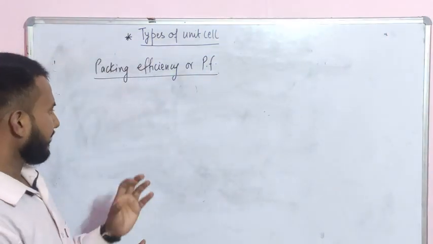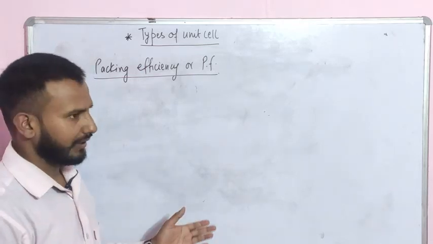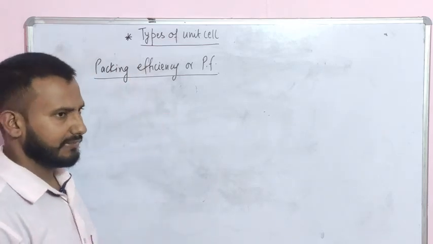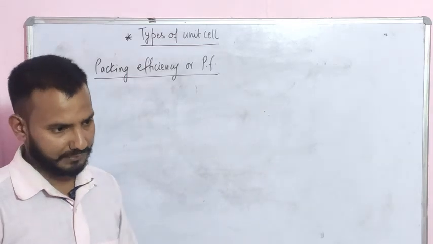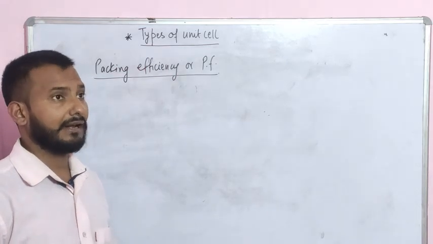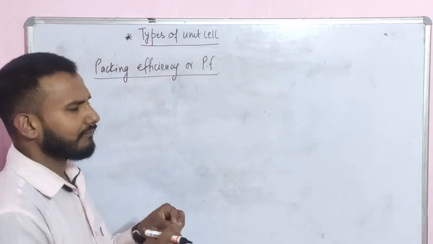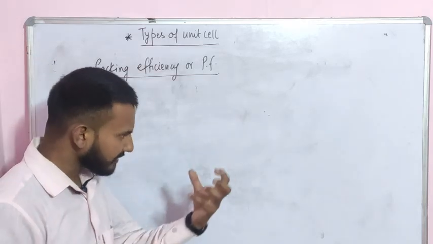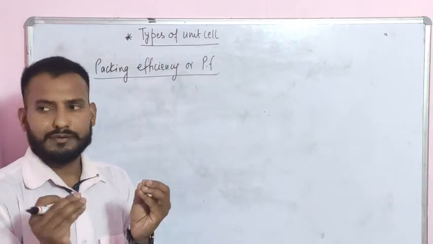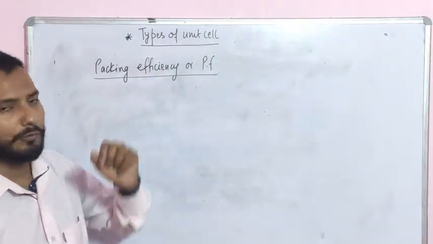Whenever there is a cubical unit cell, because only that we have to deal with for now. Later on we will discuss the hexagonal unit cell also. So packing fraction means, suppose you have a room and you are going to place some footballs inside the room. Can these footballs fill this room totally, 100%? No, because some void space will be left. Because atoms are assumed to be spherical, if spherical footballs are placed in a room, definitely some void space will be left. So packing efficiency cannot be 100%.